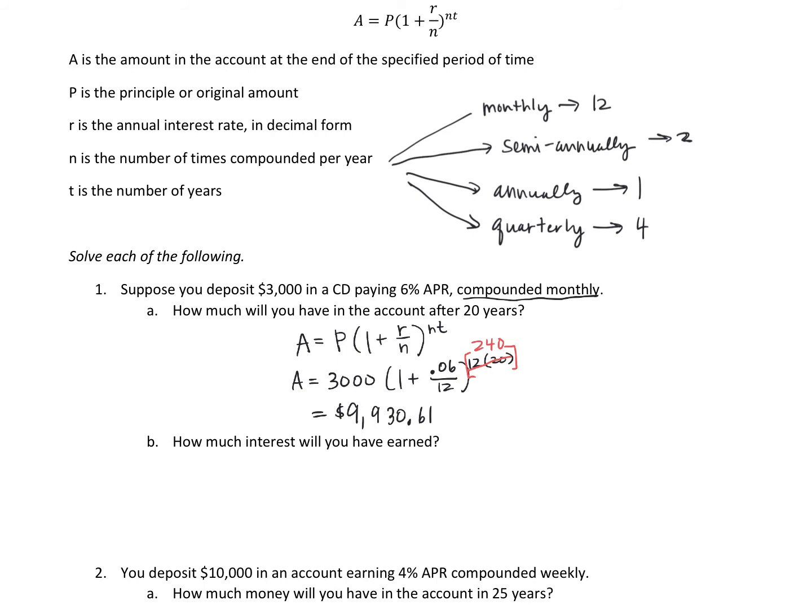Dollars and cents is two numbers after the decimal. So how much will you have in the account after 20 years? This much. How much interest will you have earned? So in this case, what you want to do is subtract the original amount from the amount we just found in part A. So 9,930.61 minus 3,000, and that will give you